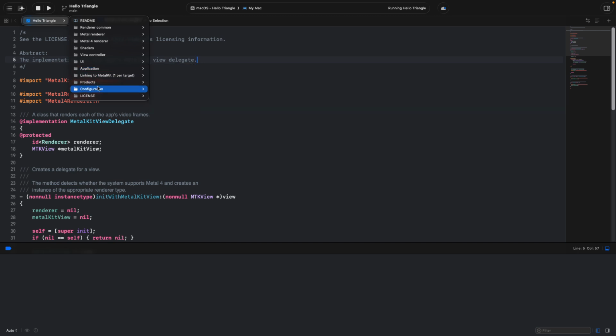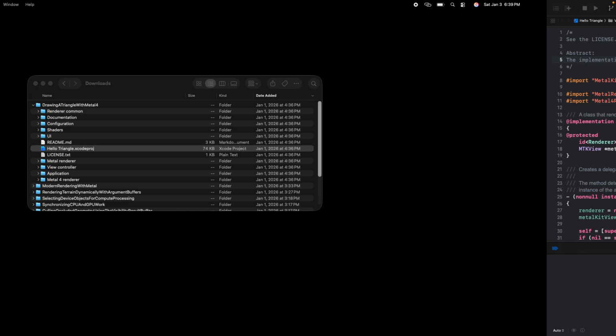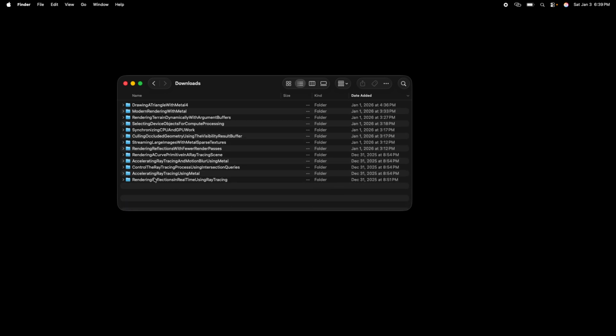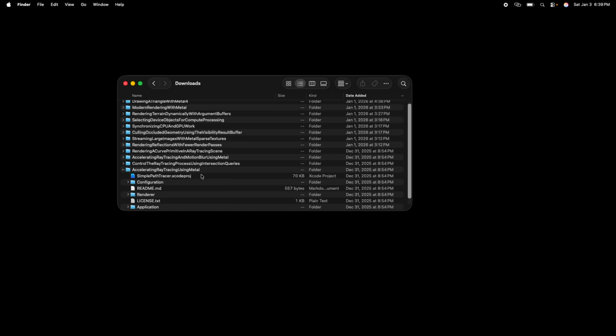All of these things. And that's pretty much it. It's a rather painless process to get Metal up and running on your machine. You just download Xcode, download the application that you want, and you get going. Now, there are some other applications that I did